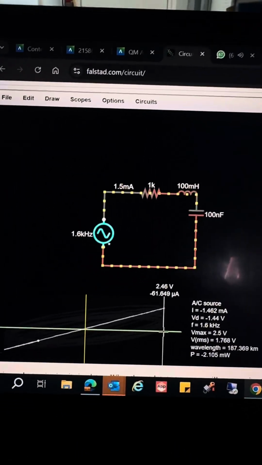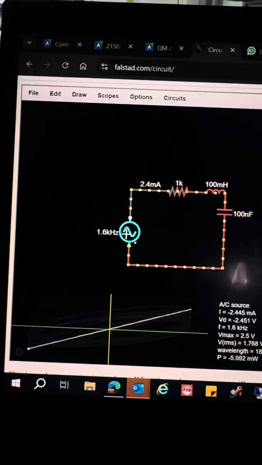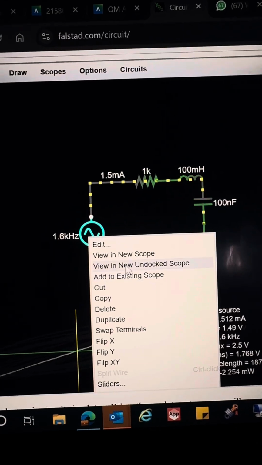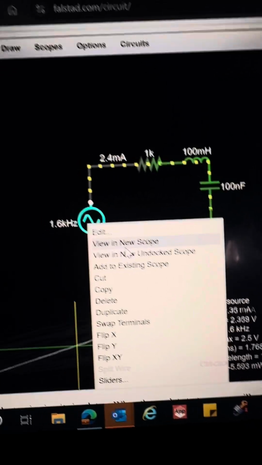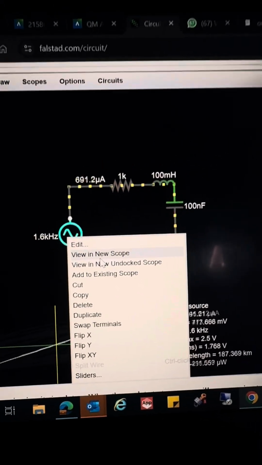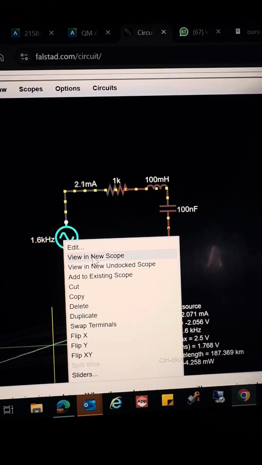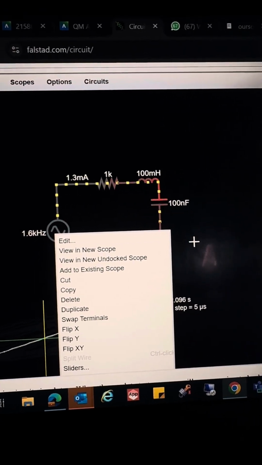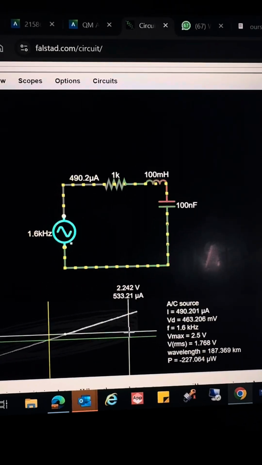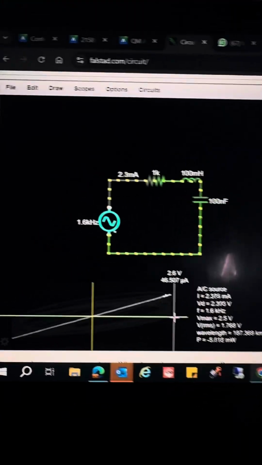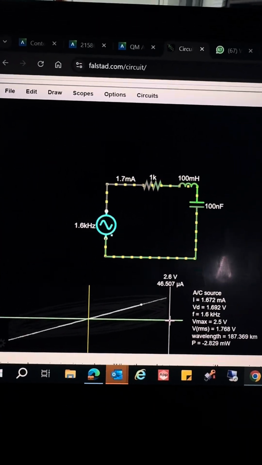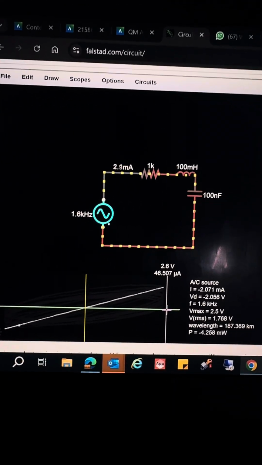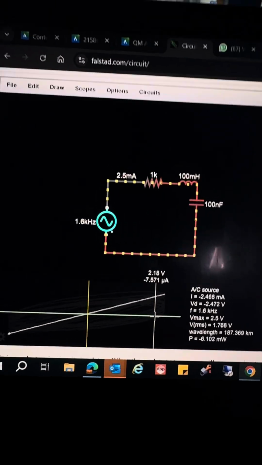X and Y scope, is that you can edit this. You can edit your AC source, and you can view. I'm not going to tap because I don't want to get it, but you can press view in new scope, and once you do that, it will allow you to see the scope, and you change it to X and Y. And when you run the simulation, you have your live values and how all the voltages in turns are